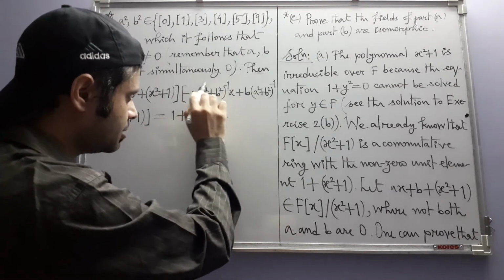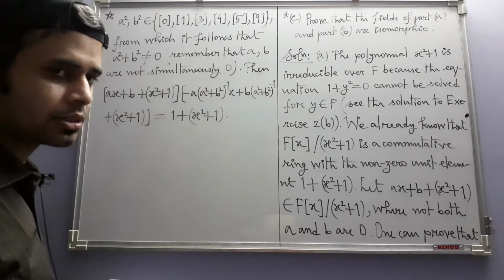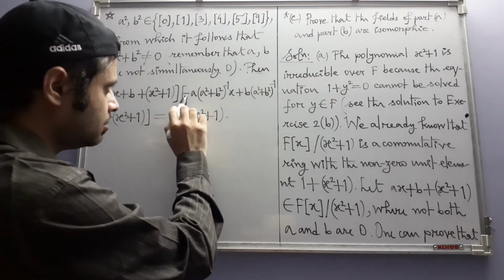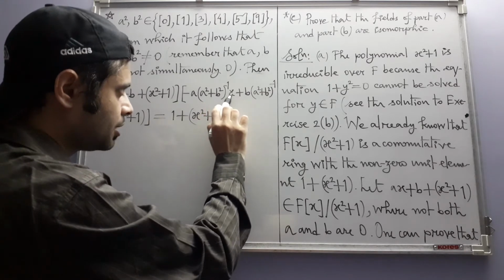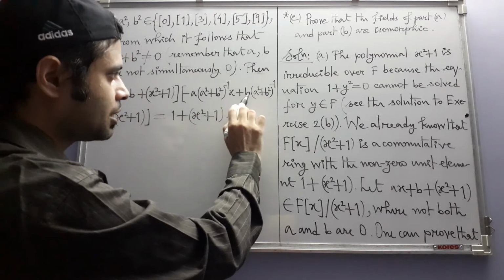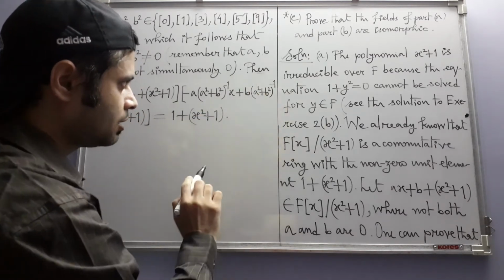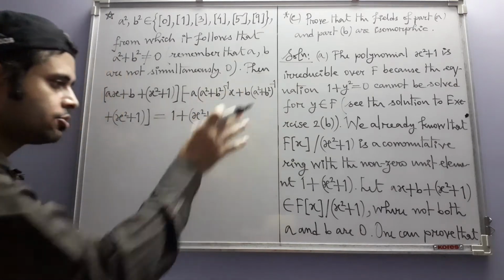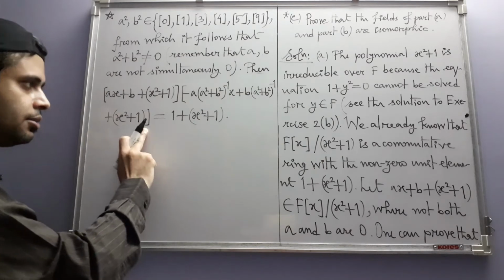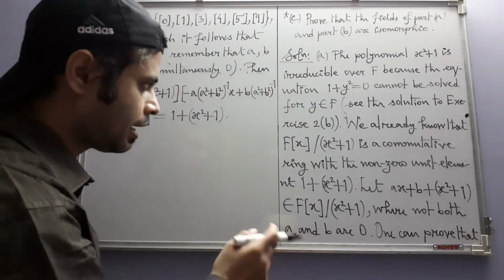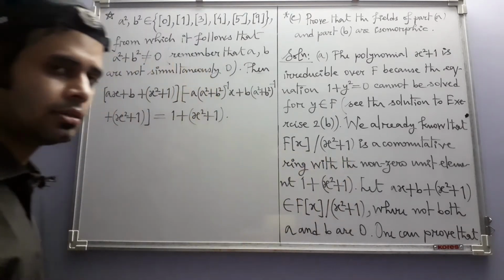That inverse is this a square plus b square inverse, and as such this part, minus a times the inverse of a square plus b square times x plus b times a square plus b square inverse, is actually a polynomial in F[x]. So this is a legitimate coset, or in other words an element in this ring,